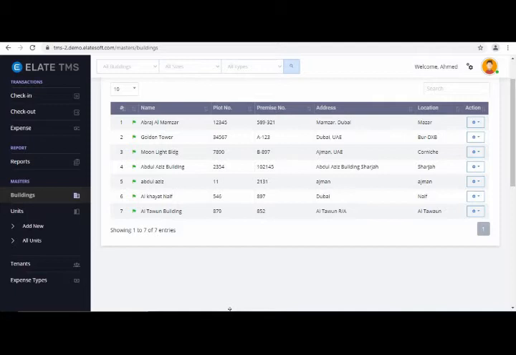Now let's move on to the second option in the masters menu, which is the unit. Here, when you click on unit, you get the option to add new units.